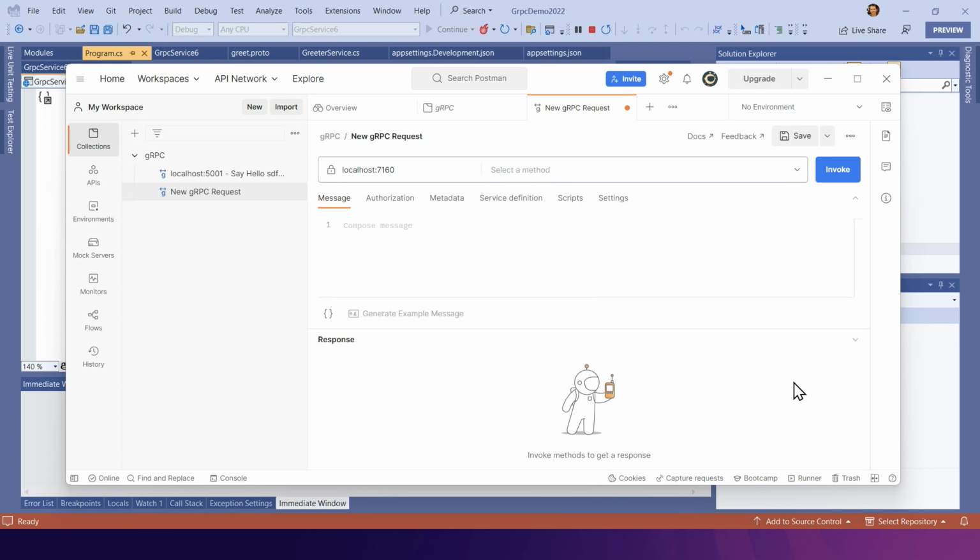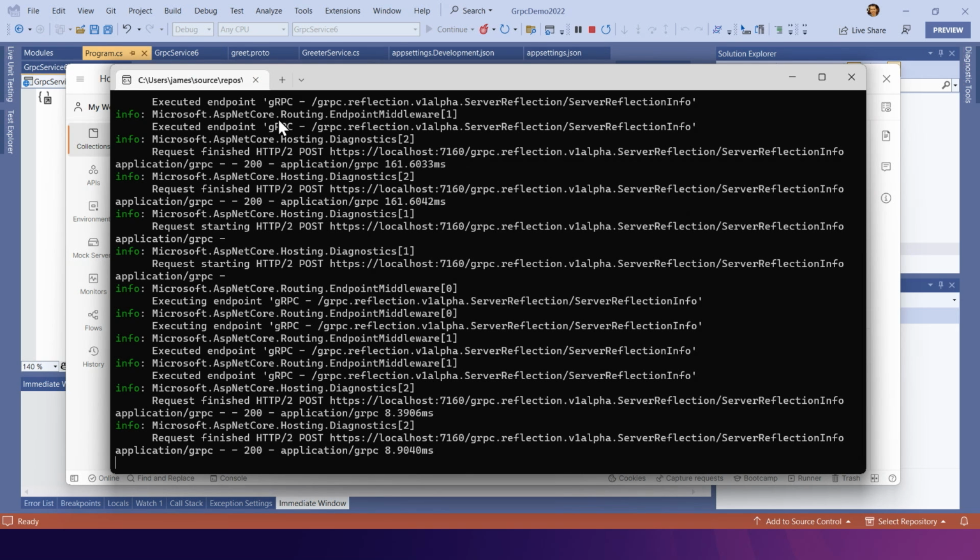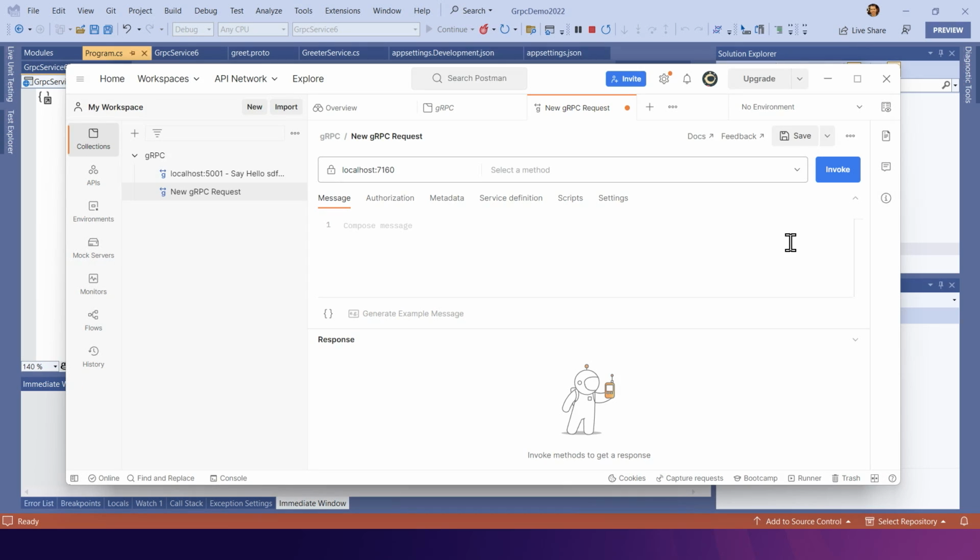And we can verify that by taking a look at the logs that get written by our Kestrel app. So we can see a bunch of HTTP requests have gone off to this server reflection service, and it's downloaded reflection info, and then Postman has used that information in the client to make our call available. So Postman knows about the messages that we send and receive, so we can click generate example message and